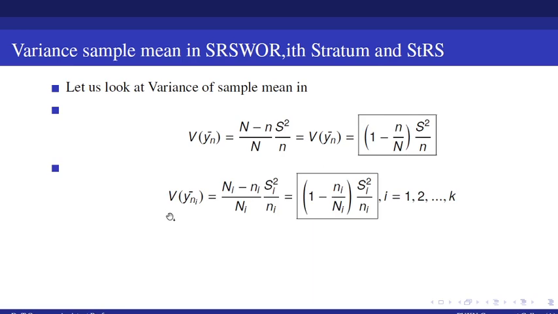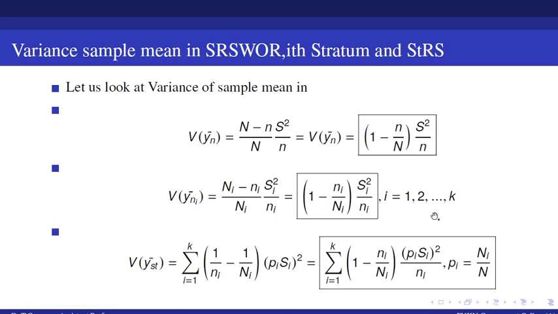And look here, this is the variance of sample mean of the ith stratum, the variance of the ith stratum mean. Here this is similar because each stratum is homogeneous. So this is similar to simple random sampling without replacement. The only difference is that here this is the ith sample. We treat it as the ith sample. The samples are from 1 to k. There are k subpopulations. We have k strata. We have k sample means.